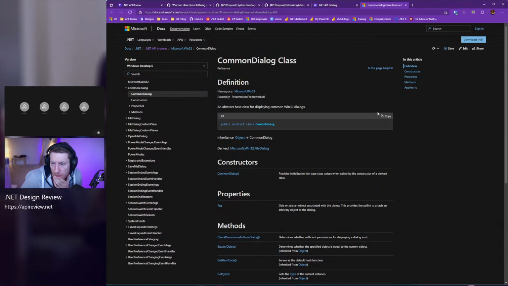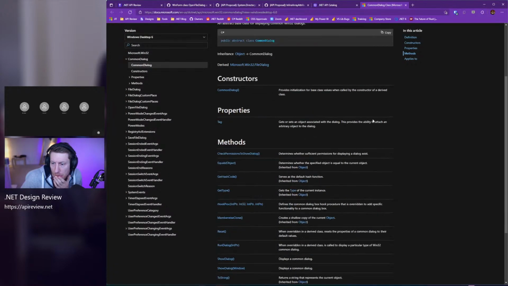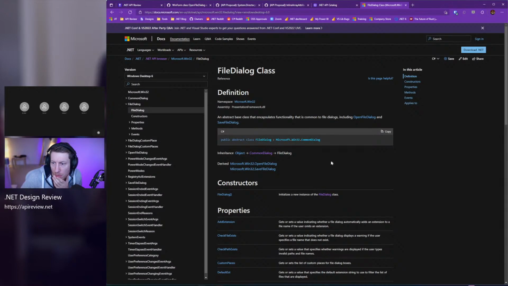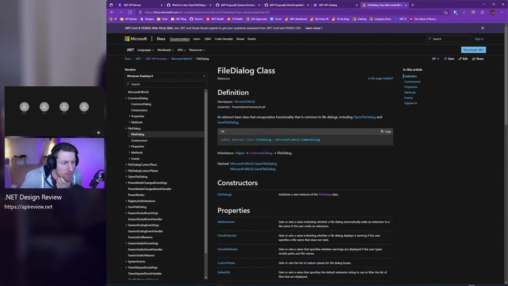I don't think we have a confidence how to derive types. Yeah, it looks like WPF only has open file and save file. Which makes sense. I think WinForms always had more fidelity there, but